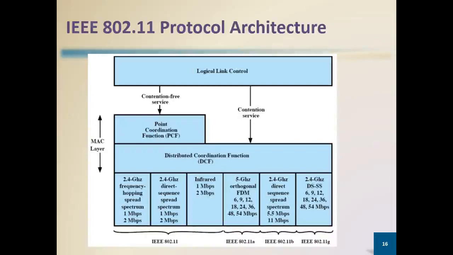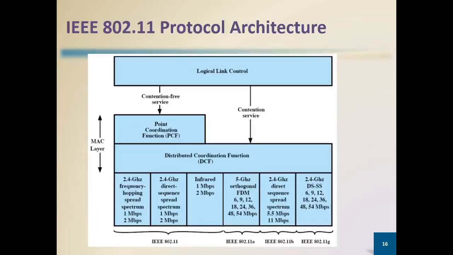Now let's look at the physical layer. Obviously, we're looking at the architecture and the applications as well as the configurations and what have you. Let's look at the physical layer of the typical wireless LAN. So in a way, you could say the architecture and the configurations are within the data link layer or the MAC layer part. Now we look at the physical layer of it to see what's involved at that level.